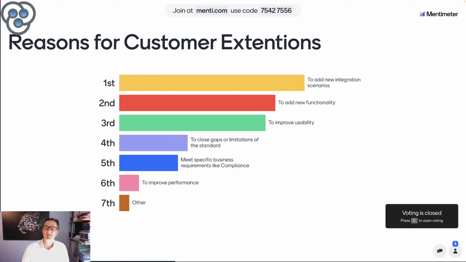So that is actually, I must say, not really a great surprise to me. I can understand this. Fourth is to close gaps or limitations of the standard. To be honest, not everything is completely complete in the standard. There are some omissions sometimes. Then meet specific business requirements like compliance, and then improve performance is not so high,